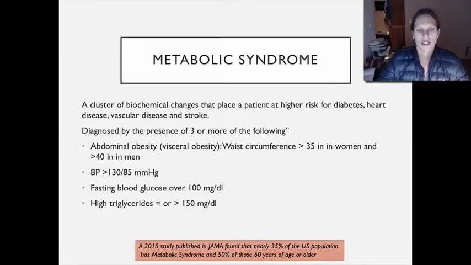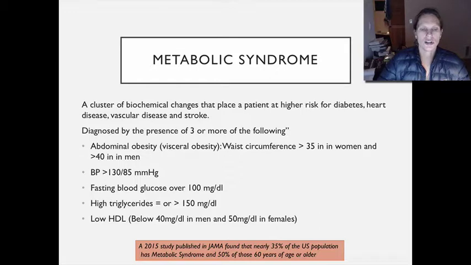High triglycerides, which is triglycerides equal to or greater than 150 milligrams per deciliter, and an HDL below 40 milligrams per deciliter in men and 50 in women. So they only have to have three of those. Three of those gets the diagnosis of metabolic syndrome, which then again increases your risk for diabetes, heart attacks, and